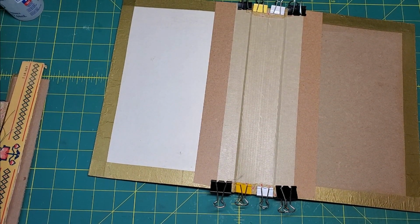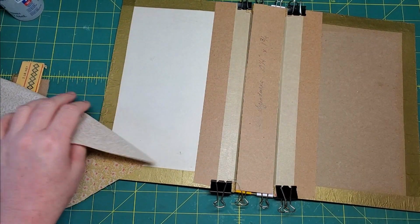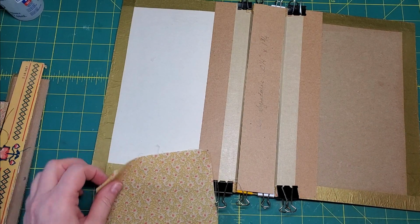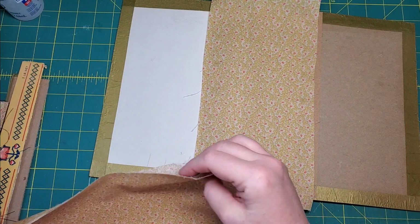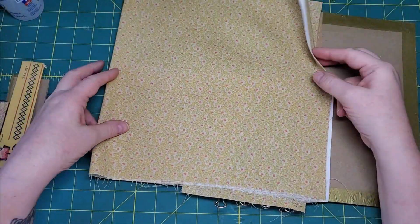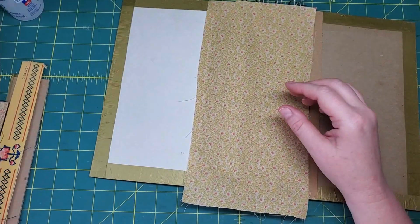Now, next on my agenda. So this is the card that the signatures are going to be sewn to. Usually I would use a light colored fabric. This one I'm going to use matchy fabric. And then I'm hoping I have enough fabric here that I can do the inside covers. Yep, I do. So that's what I'm going to work on this morning, is the inside covers,